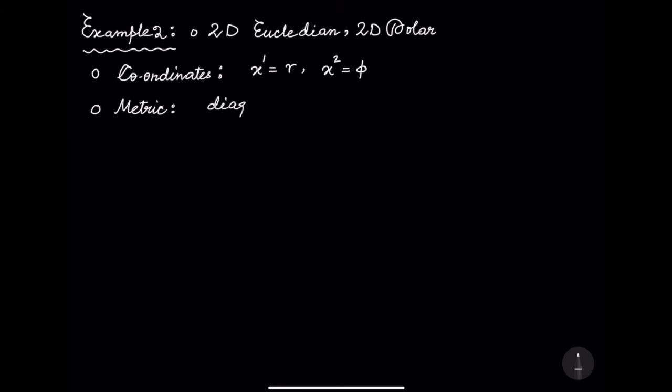So the metric is diagonal: 1 and r squared. The metric is no more a constant; it is a function. So you have not changed the manifold, we have just changed the coordinate system here. What about the connections? This we calculated earlier, so I'll just write it down. There are two connections which will survive,